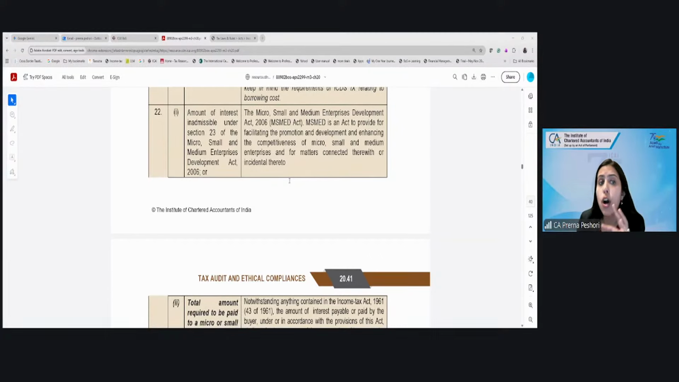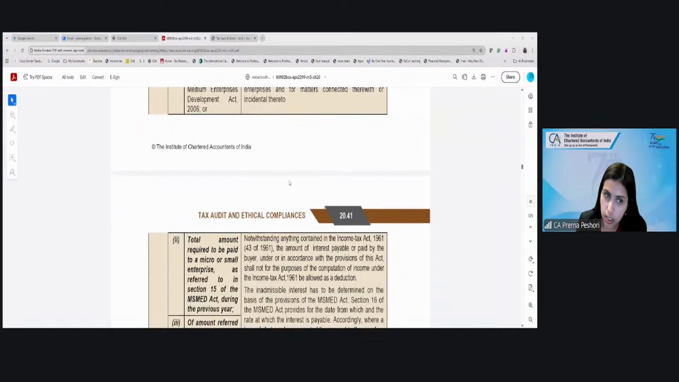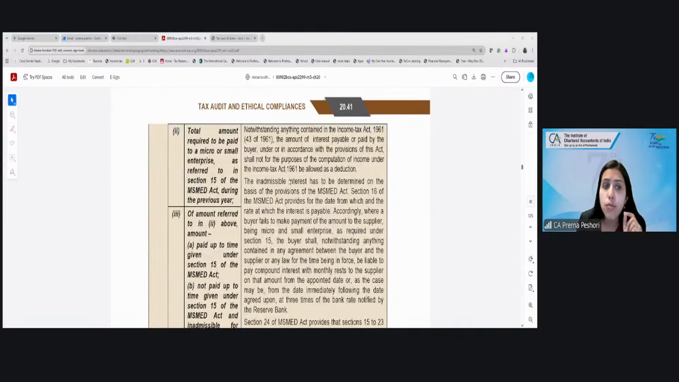In clause 22, we saw the amount of interest inadmissible under Section 23 of the MSME Act, because if you make a late payment, you are liable to pay interest under the MSME Act, and that interest is not allowable as a deduction under the Income Tax Act because it's a penalty. Right? And then in clause 2, you need to report the total amount which is required to be paid